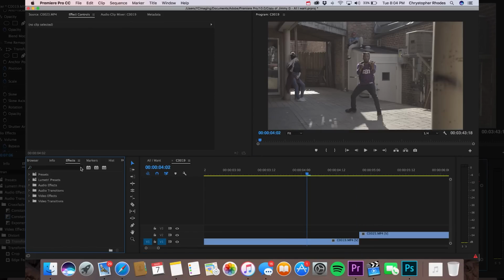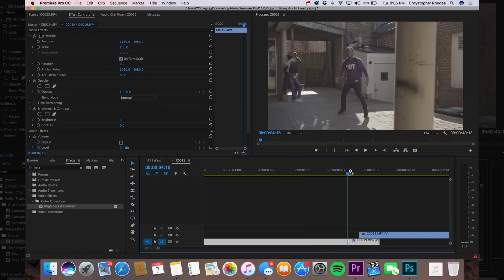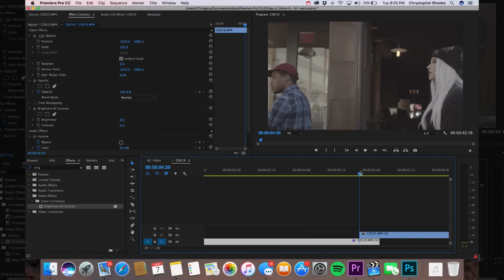The second effect that we're going to be diving into is called the flash build, and I personally think that this effect works better in transition form. So I'm going to show you it with one clip transitioning into another clip. The first thing we're going to want to do is go down to our effects panel and search for brightness, and we're going to get the brightness and contrast right here. Drop it on our first initial clip that's going to be transitioning to the next one, and we're going to scrub over to the actual frame where it transitions into the next clip.